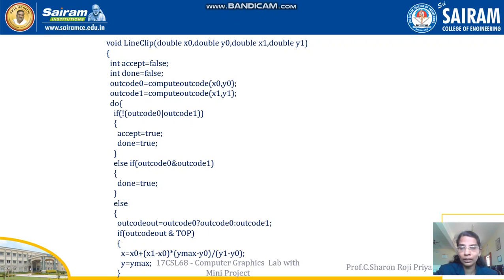your line is intersecting with the bottom boundary, x will be changing and y remains the same. So in that case, I have to take y as the minimum y value. If your line is intersecting with the top boundary, x will be changing, y remains the same. So the y value I have to take as the maximum y value, right? If it is top, the y value I should take as maximum, and this formula